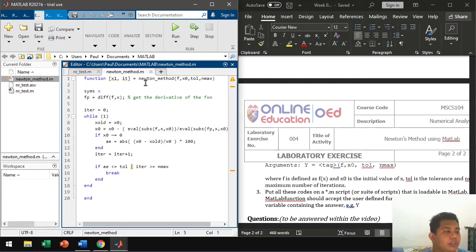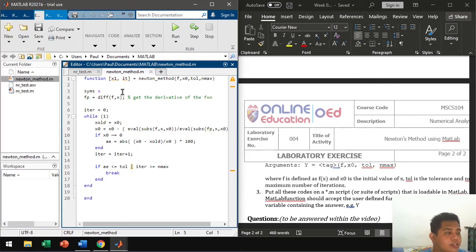So Newton underscore method, our function arguments are the function first, then the initial guess, then the tolerance or relative error that we want or we need, then the maximum number of iterations that we want,